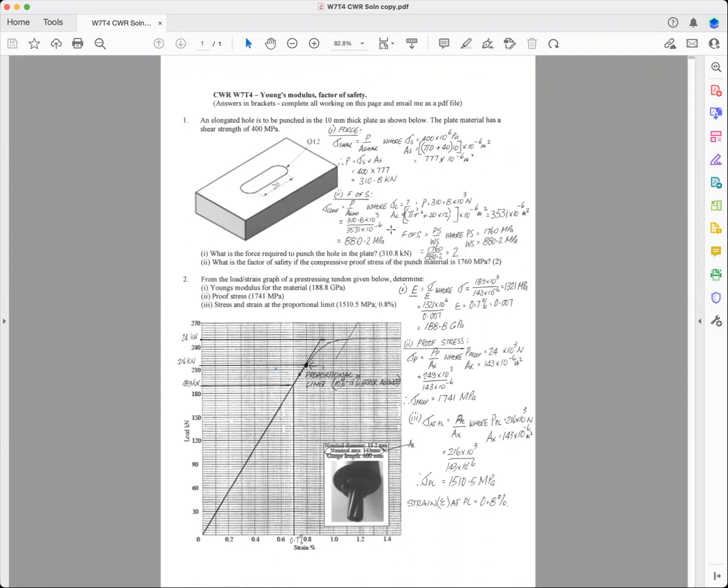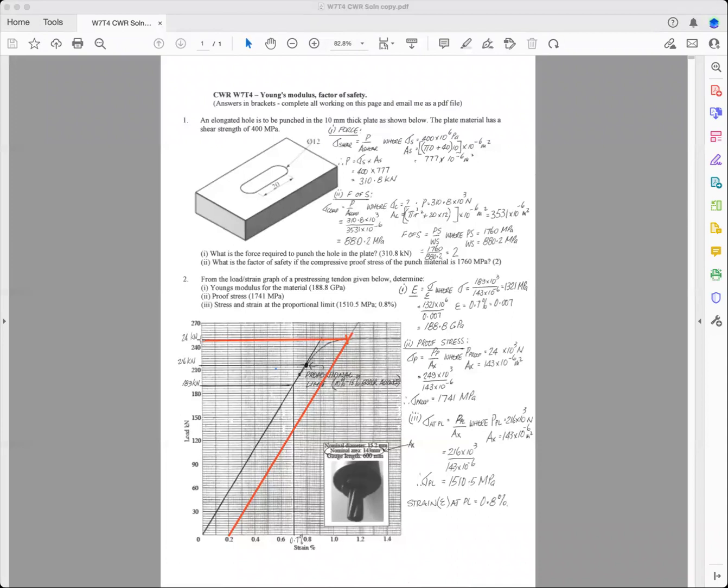And so they've worked out, and I'll just select, they've worked out that if you draw a line from 0.2% strain parallel to the straight line section, and where it hits the graph, you just draw a horizontal line across there, and you get what the force is at that point, and then